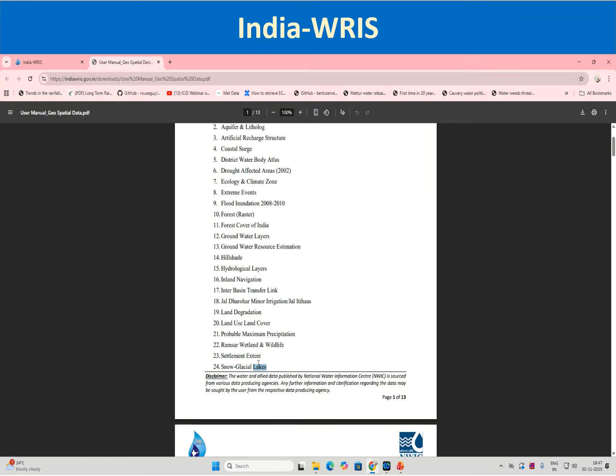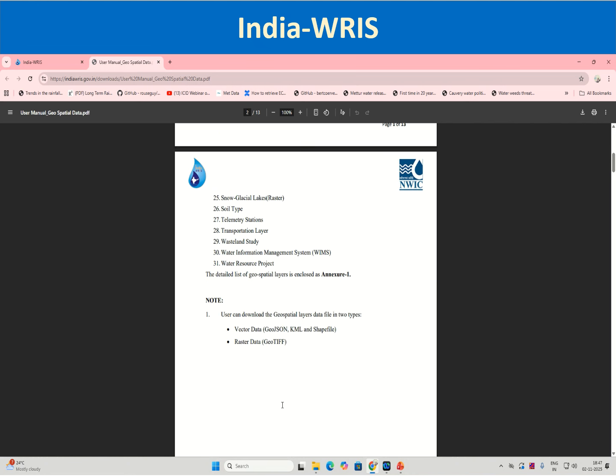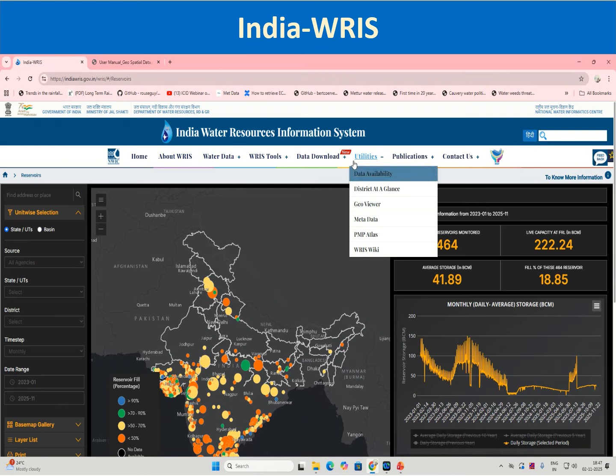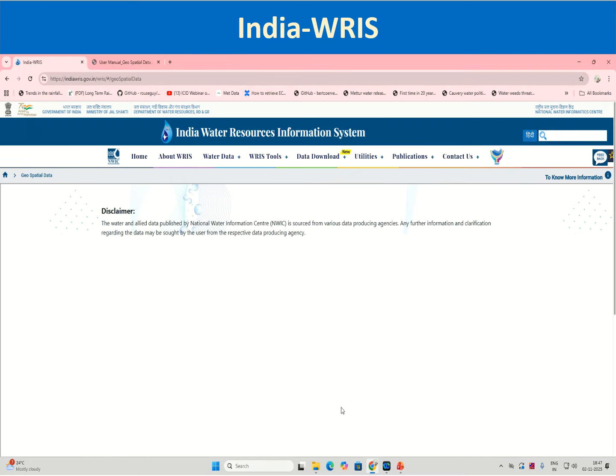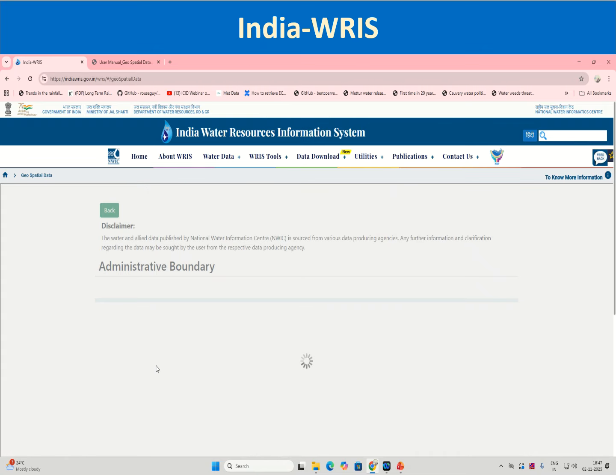then snow and glacial lakes, groundwater layers, groundwater station layers, telemetry stations layer. So there are many data sets which are available in vector as well as raster format. Let us have a look by going to this section. Yeah, so you can check this administrative boundary layer. We have seen